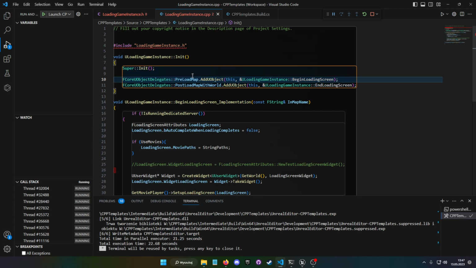Here's a signal that I am loading something. And here's another signal that, hey, I finished loading, whatever you wanted to do when the loading ends you can do now. So this is how you bind those dispatchers to your functions.